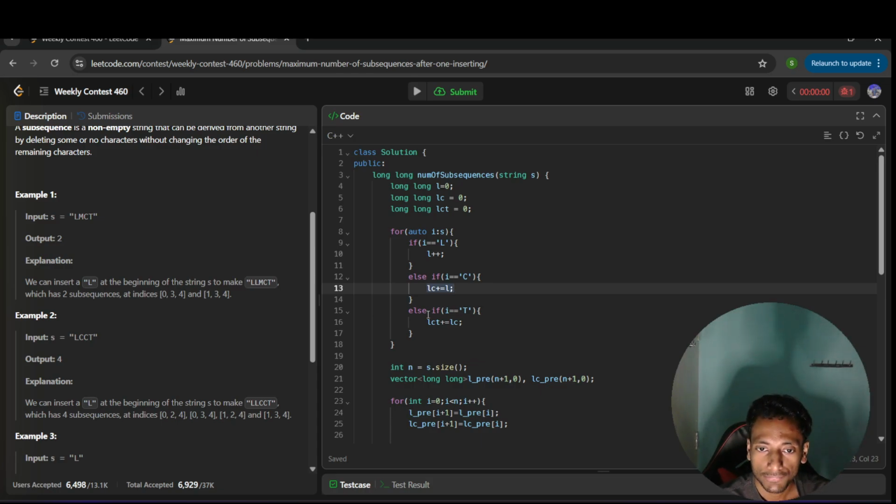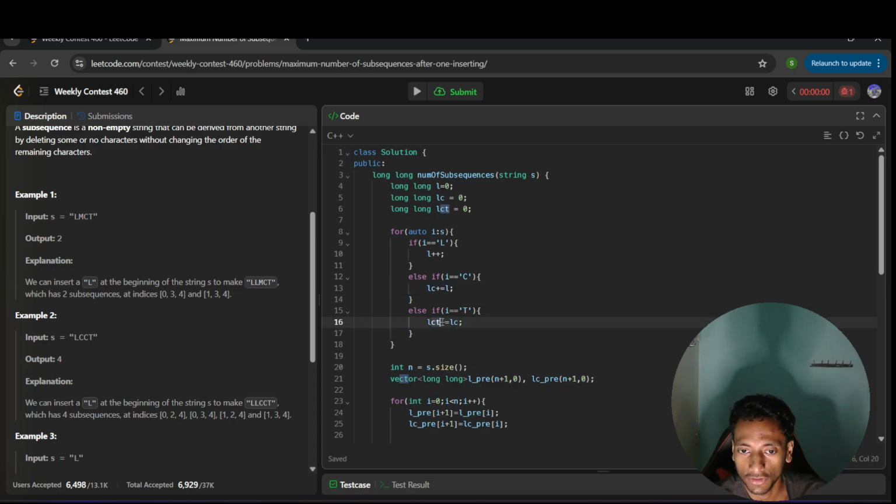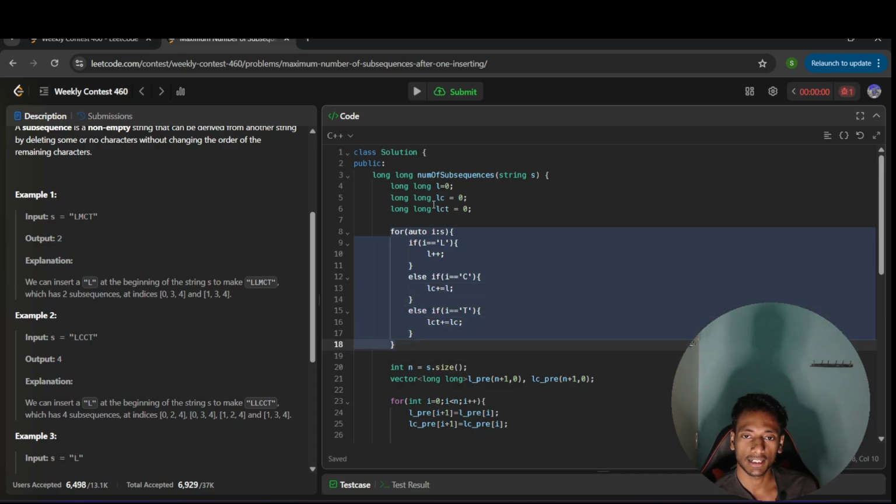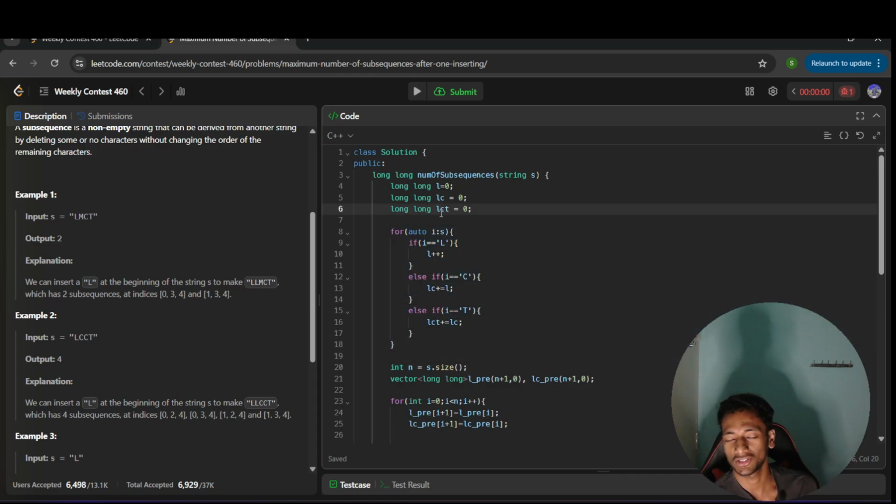But if the current character is T, then I have to check how many LCT I can generate. That depends on how many LC I can generate. So LCT will be increased by the value of LC. It indicates how many LC I have seen till now on the left side of it. So after this for loop, in the LCT variable, I can easily say how many LCT are present